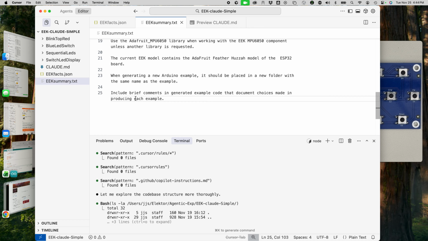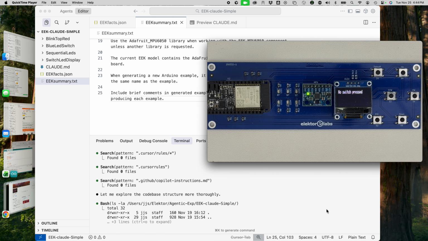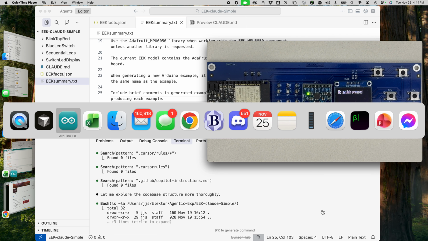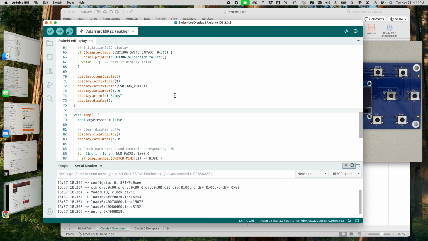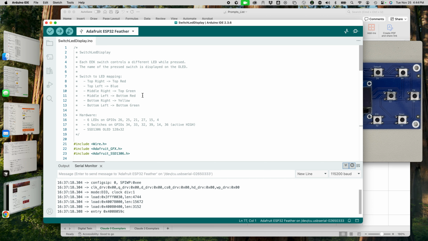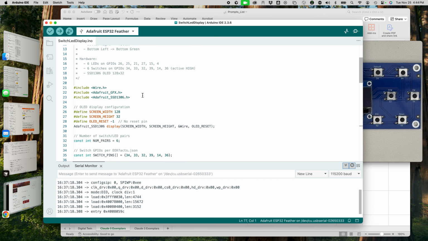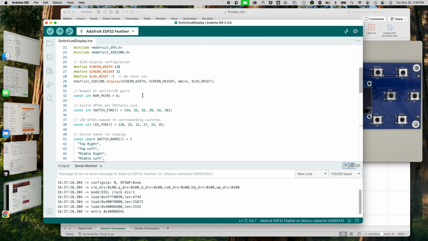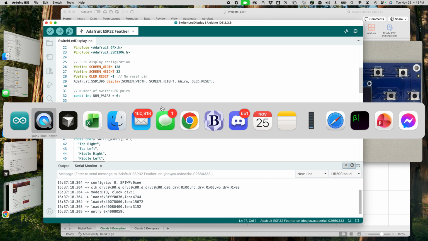So I'm going to go through this in another video, which is the real one, but this is just a test. And so what I want to do now is just show the fact that we have the EEK, and there it is, and it's running one of these examples. The example it's running is the one that's inside of the IDE, switch LED display. And this is a completely generated example. So, knowing the properties of the EEK, I asked for that example to be produced, and in fact, I can